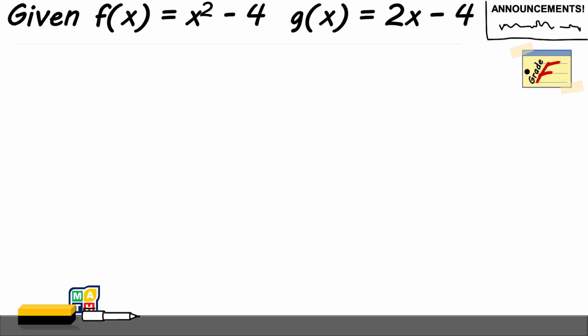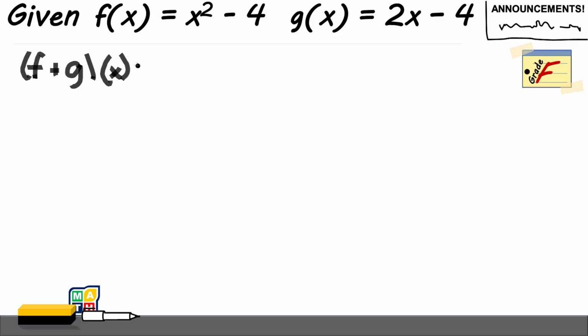Now consider these two given functions here, f of x being x squared minus 4 and g of x to be 2x minus 4. And let us try to determine their sum and difference. Let's start with f plus g of x. When you have this expression, this means we simply add the terms or the expressions corresponding with f of x